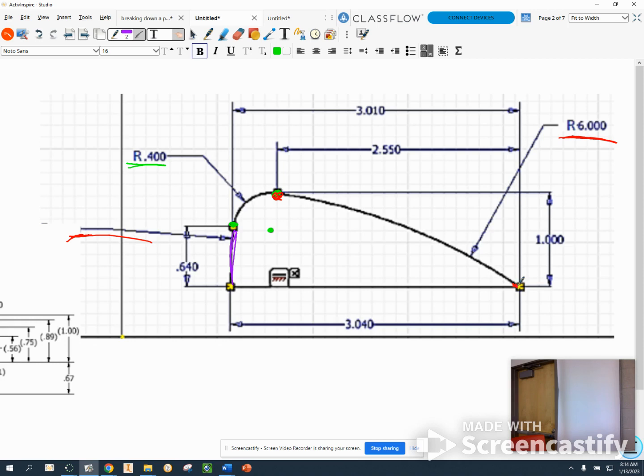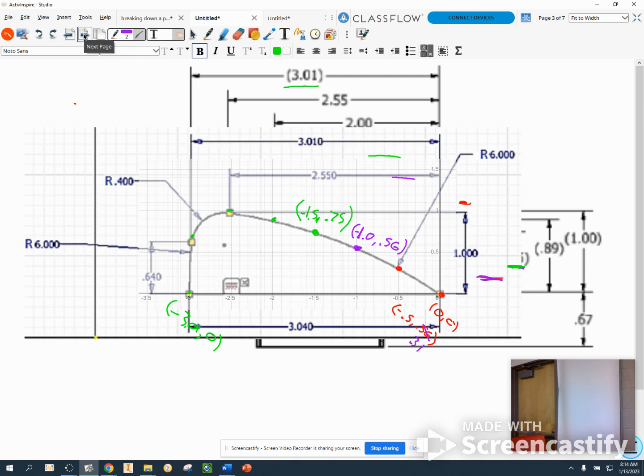I'd actually start by making this line first, and then plotting these 2 points, just like we talked about how to do down here, because if we can plot this point, connect them with a line, then plot this point and this point, and do an arc from here to here, make sure it has the right radius. You guys know how to do that. Then another arc here, another arc